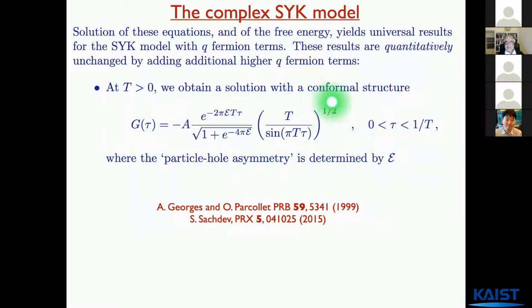And this has the kind of sine tau function that you may have seen in 1+1 dimensional conformal field theories. Here, curiously, we have a 0-dimensional system, which is random, and yet generically it has a conformal type low energy response function. Okay, so you could now take the Fourier transform of this and then compute the spectral density, and